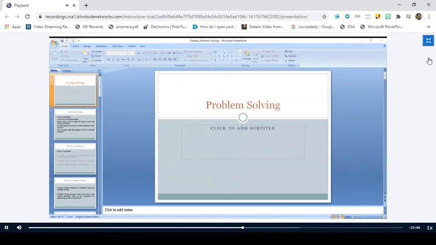So we'll continue from this point. So as I told, problem solving using computers can be done either by using algorithms, and the second one is we can make use of flowcharts, and the third one is pseudocode. This is a new term. You might not have heard of this pseudocode, right?